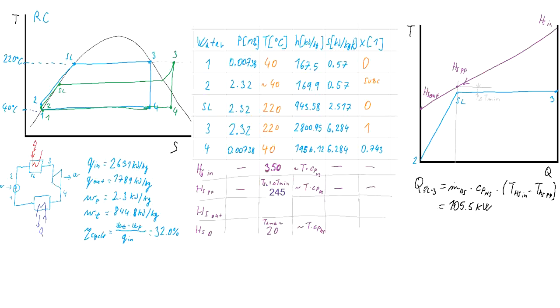And since it's the heat transferred between points SL and 3, it must also be the mass flow rate of the steam, or generally of our working fluid in the cycle, times the enthalpy difference H3 minus H saturated liquid. The only unknown here, since we already know the heat transfer, is the mass flow rate of the steam. So we can get the mass flow rate of the steam from this,